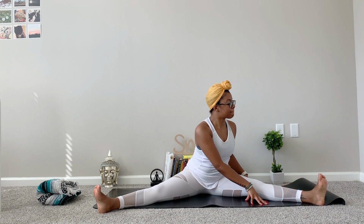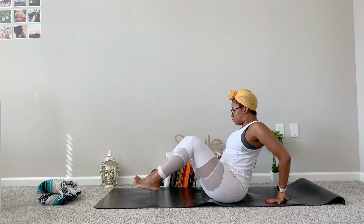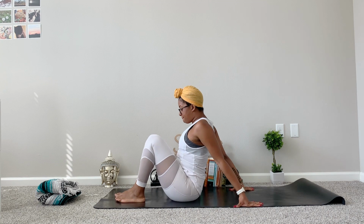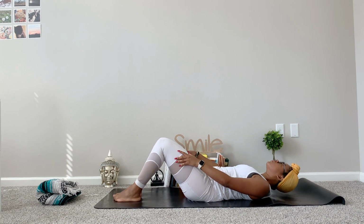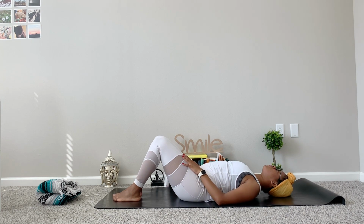Inhale, slowly begin to rise, walking our hands back up towards our body, bringing our legs to meet with one another. We're going to go ahead and begin to lay on our backs slowly, coming into a laying down figure 4